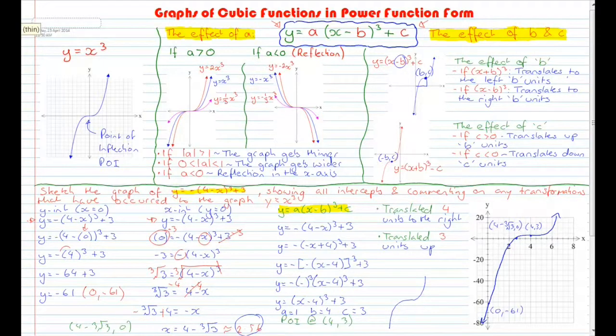So now what we do is we go through and we write out the equation of the line, so that is y is equal to negative bracket